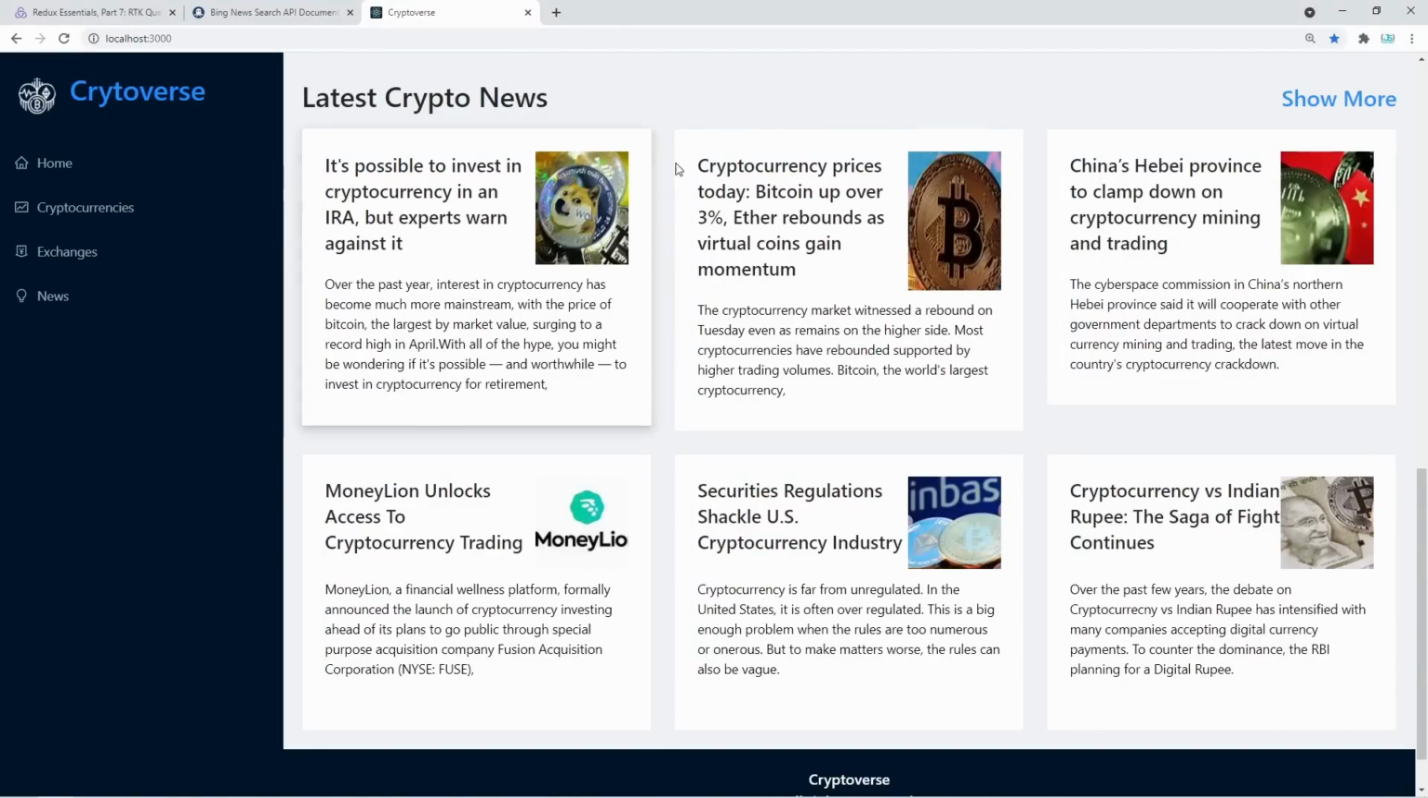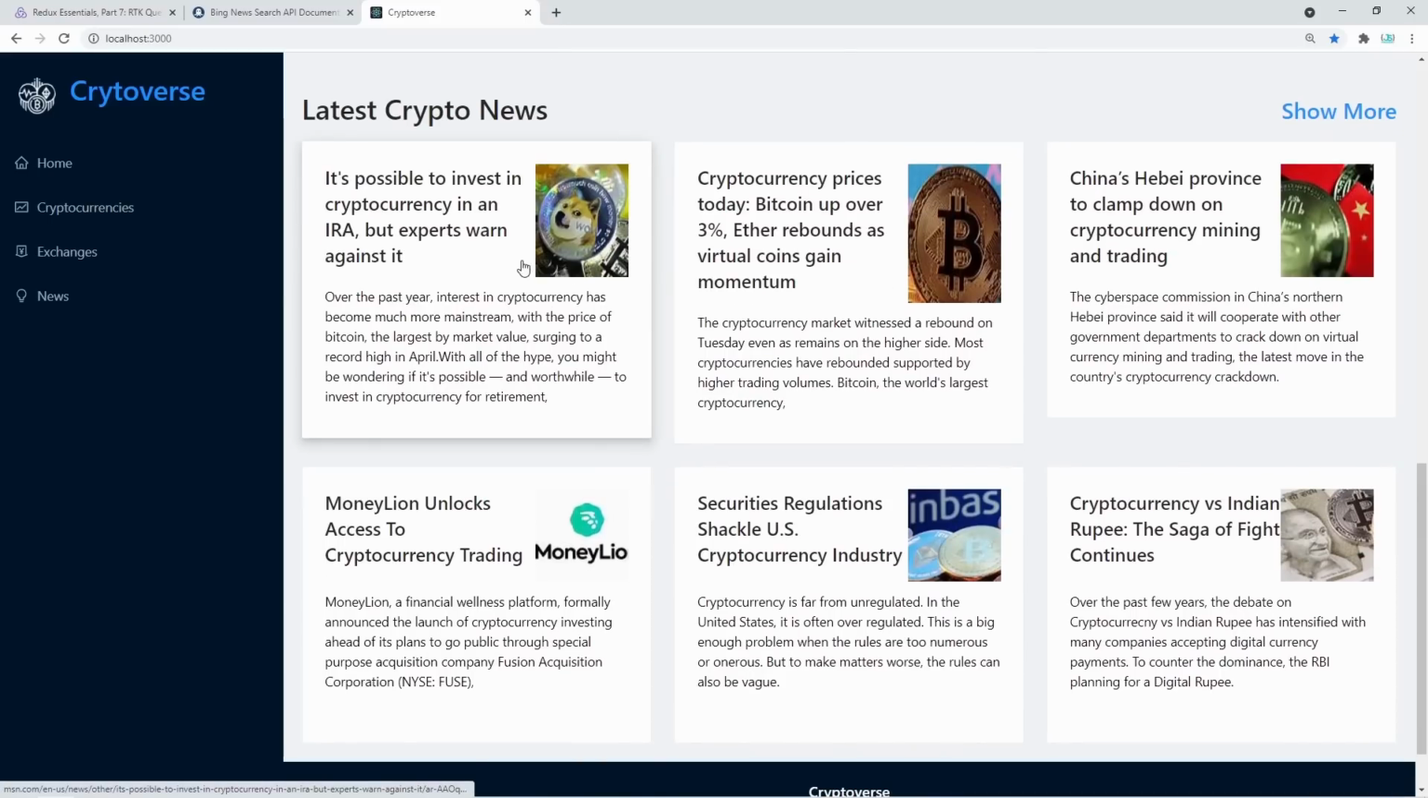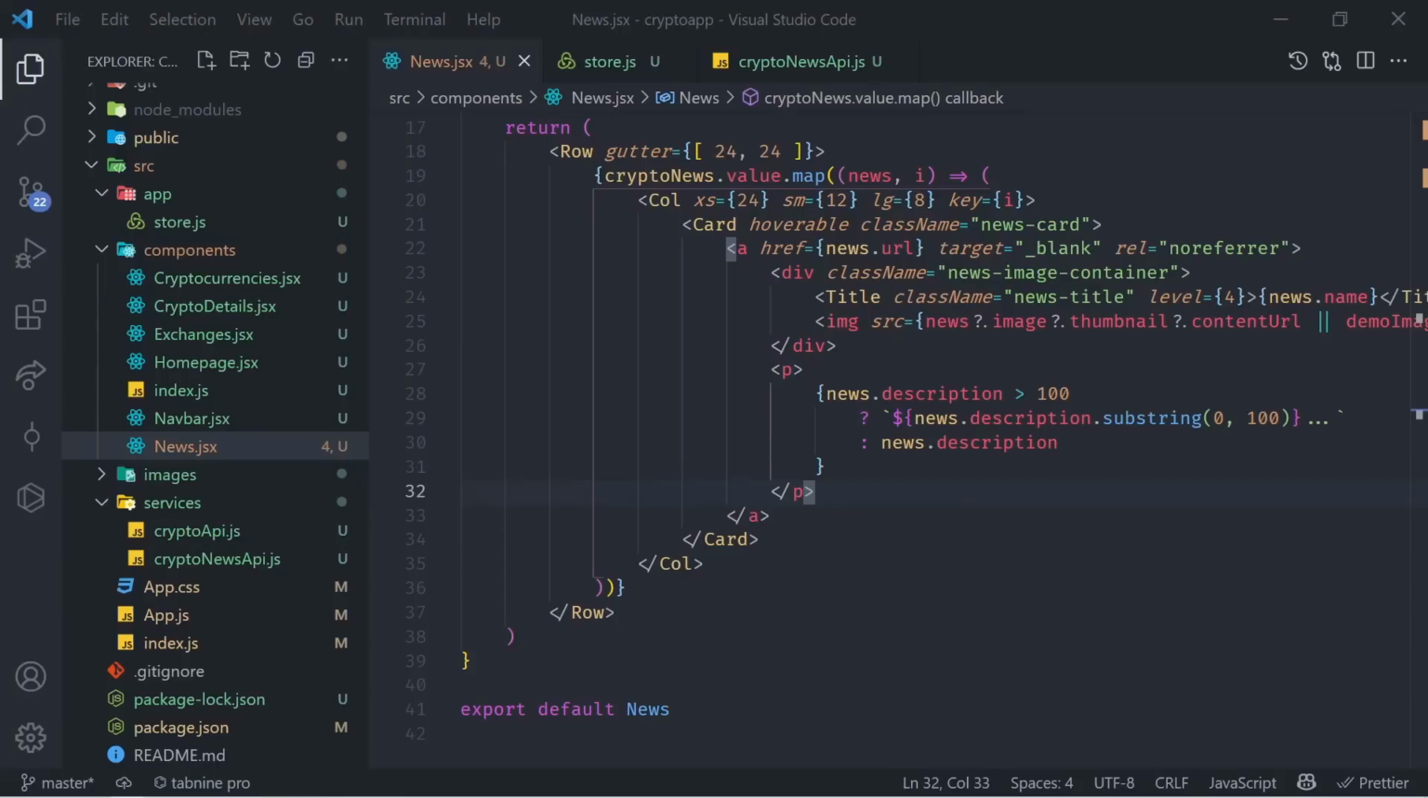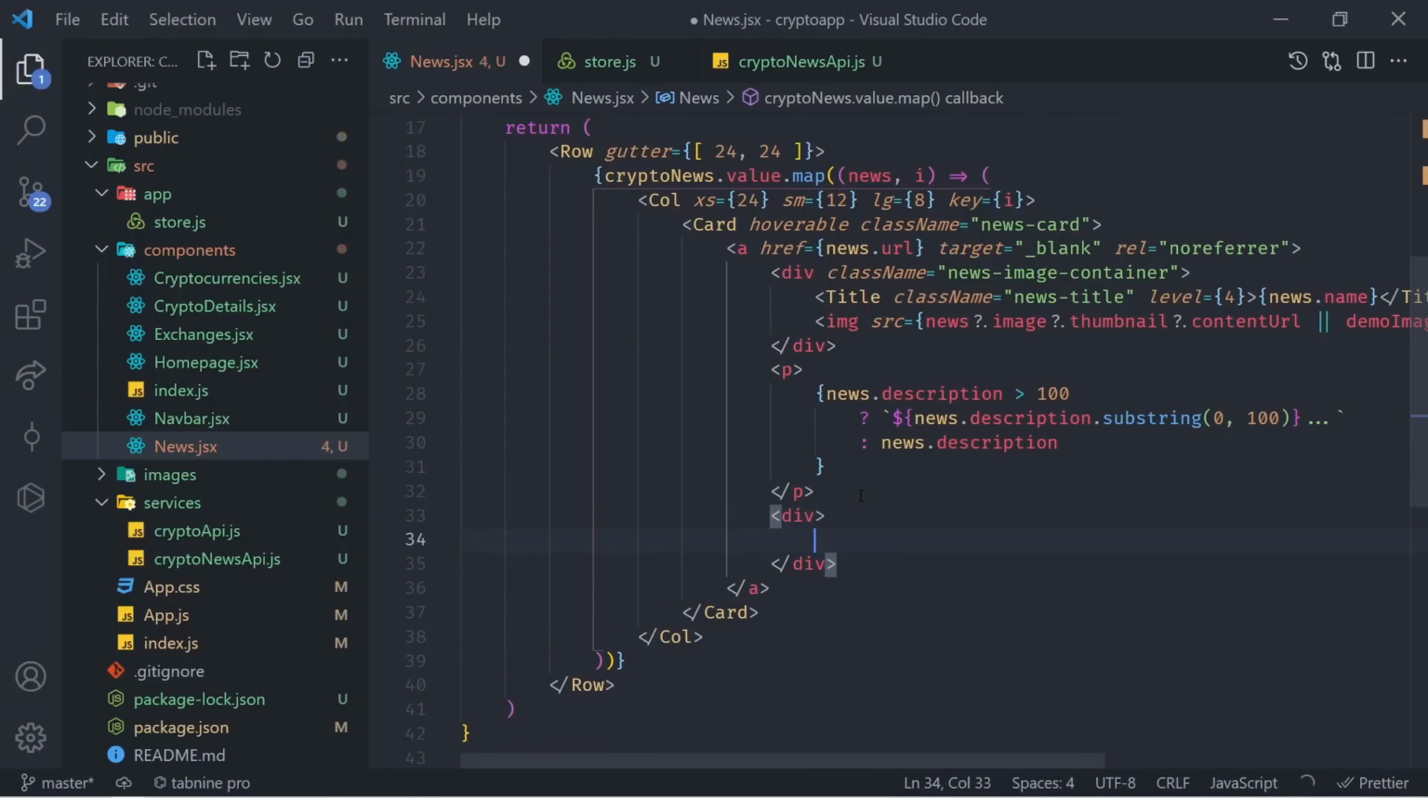This already looks so much better. As you can see, latest crypto news, and we can see 3 different articles right here with titles, images, and descriptions. Now below that, we just need one more div, and this div is going to have a class name equal to